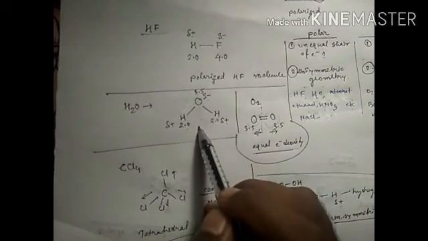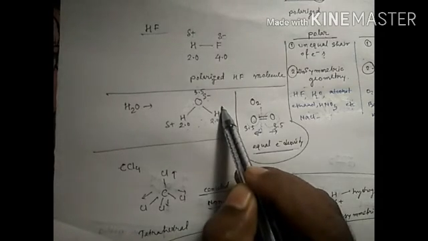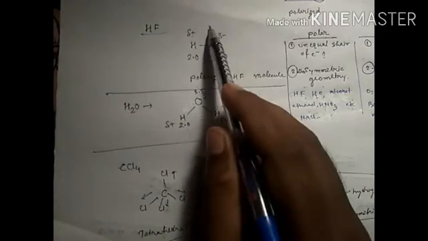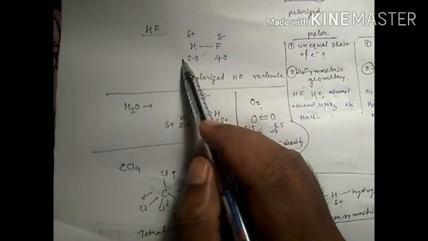Now if we see the geometry, this is symmetrical. How can you say that it is symmetrical or unsymmetrical? If we cut in the middle, both sides are identical: one oxygen and half the bond electron, and the other oxygen and half the bond electron. But for H2O, if we cut this way, it is unsymmetrical, because up is oxygen, below is two hydrogen. Here also if we cut this way, this is fluorine, this is hydrogen, unsymmetrical.